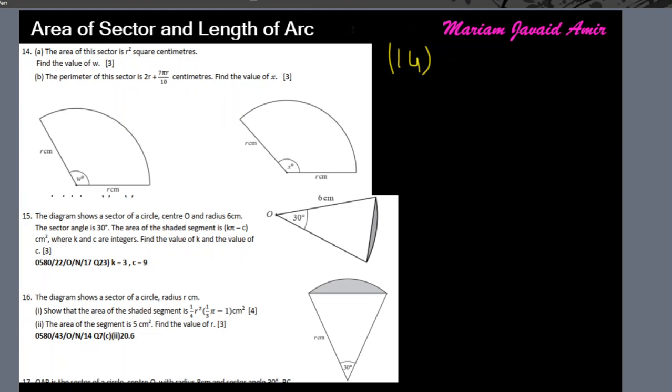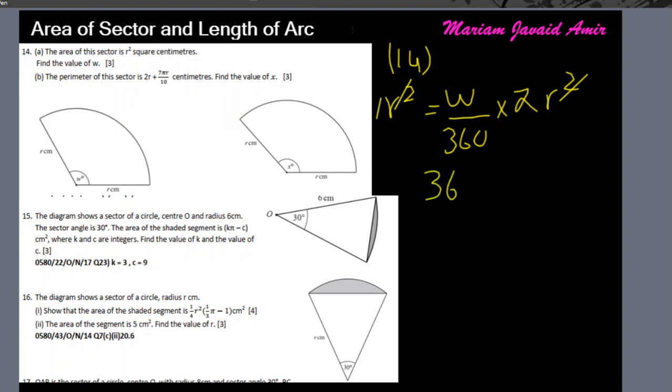The area of a sector is r square centimeters. Find the value of W. So the formula for area is W over 360 times pi r square. The r square and r square get cancelled. We have 1 here. 1 times 360 is 360 over pi, equals W. So 360 over pi should be the answer,